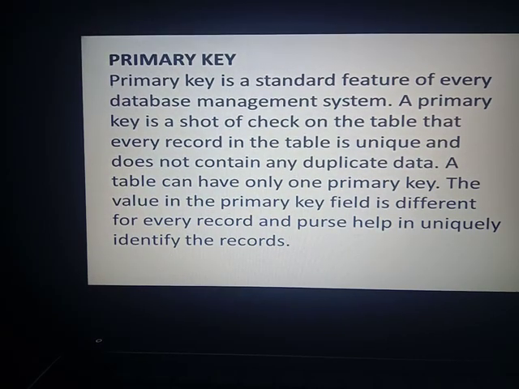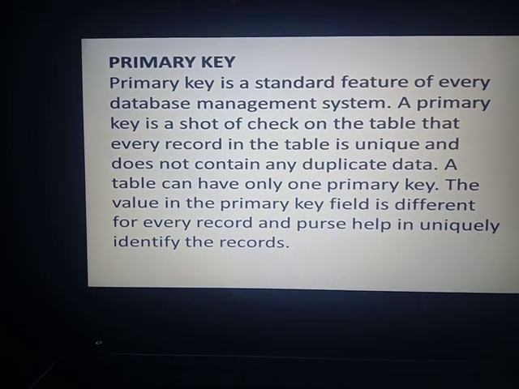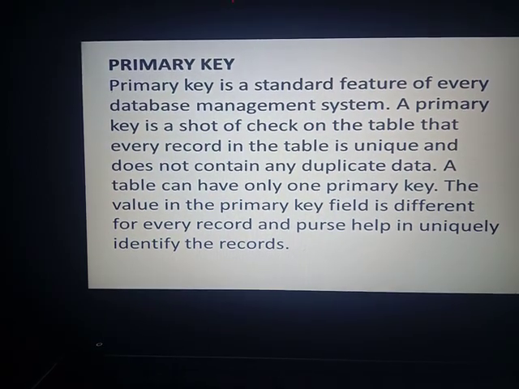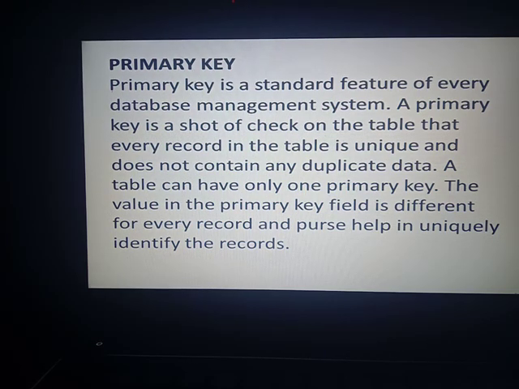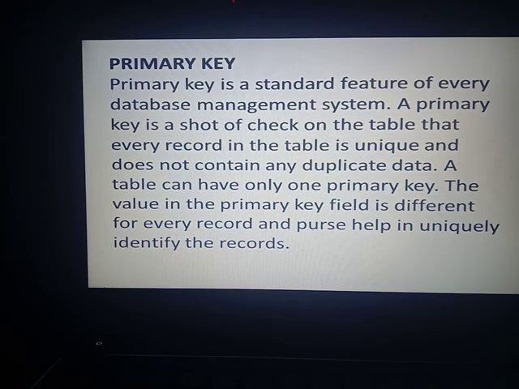One of the most important features of MS Access is the primary key. Primary key is a standard feature of every database management system. So in every DBMS you will find a primary key, the most important feature. A primary key is a sort of check on the table that every record in the table is unique and does not contain any duplicate data.